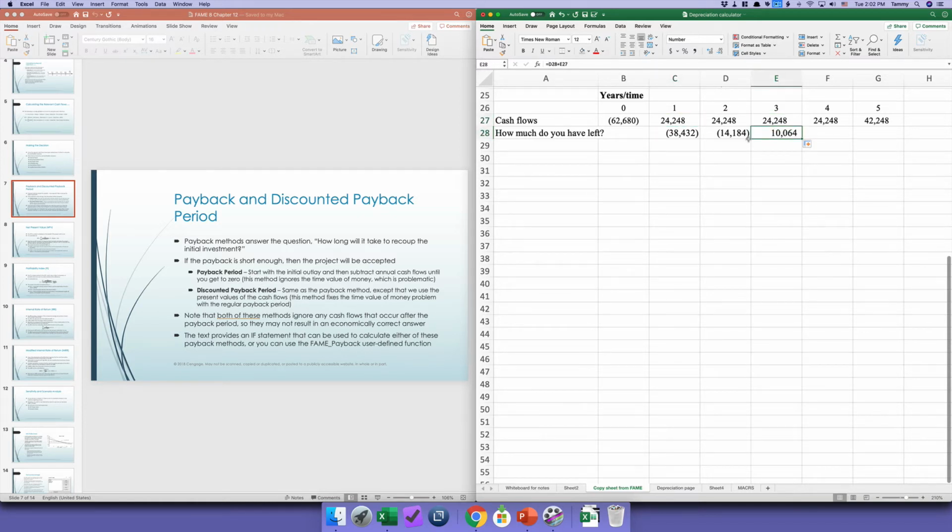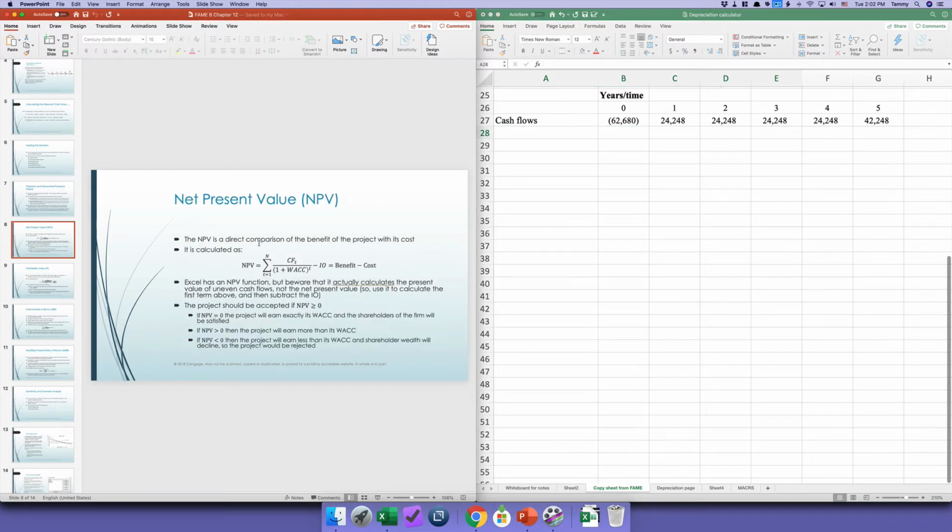And your book has you go through this whole big gyration of calculating the exact percentage of a year that's involved in paying back an investment, but it just doesn't make sense to do that at that level of detail because it's just not rigorous. Okay, so we are going to ignore payback. Goodbye. All right. Net present value, on the other hand, of course, is the gold